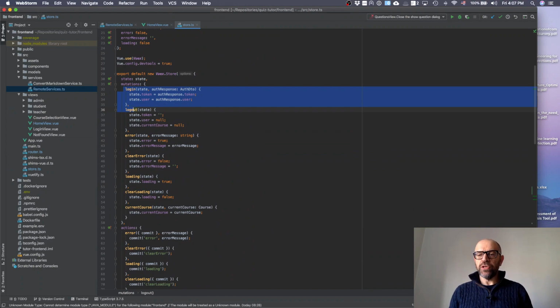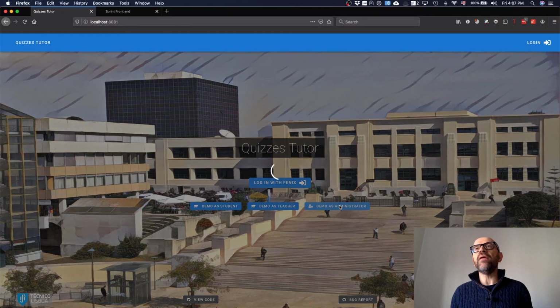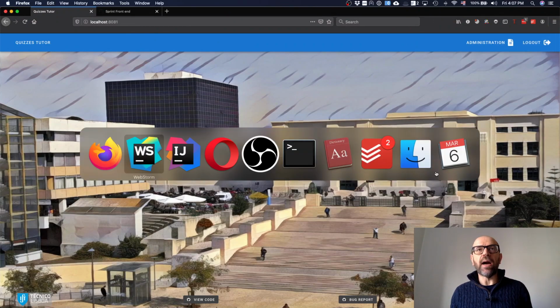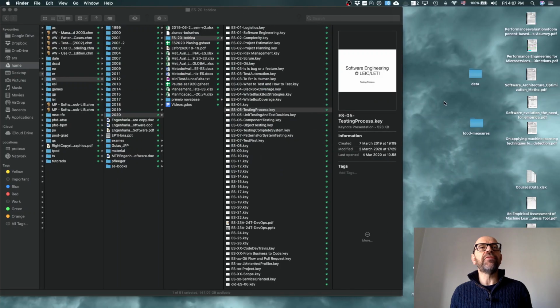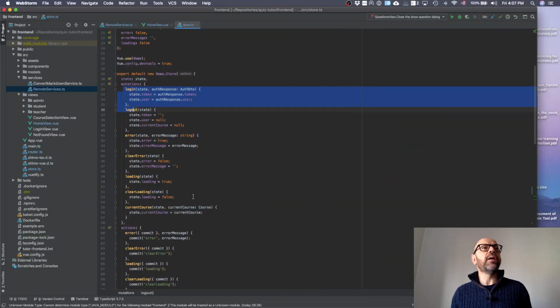So what we need to do next, I've logged in. Now, if I change the information about login, I should change the interface. I should move to an interface where basically what I'm going to do after this, I want to change this interface. So where do I change this? Well, I have a top bar that describes this. And basically what I'm going to say is that, hey, look, I'm going to say in the top bar,